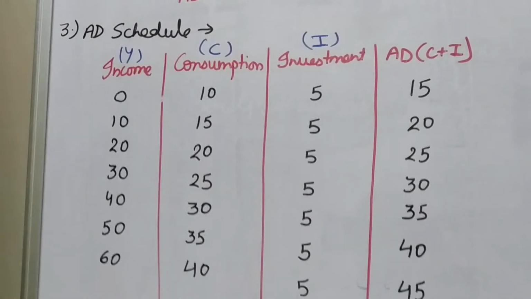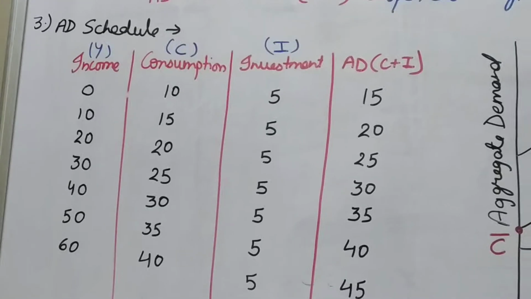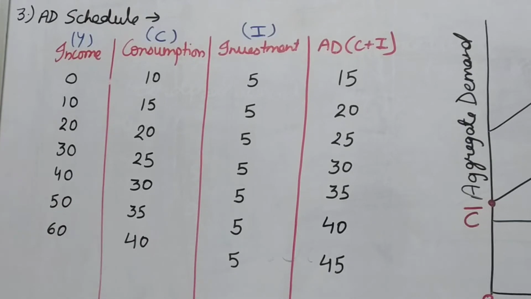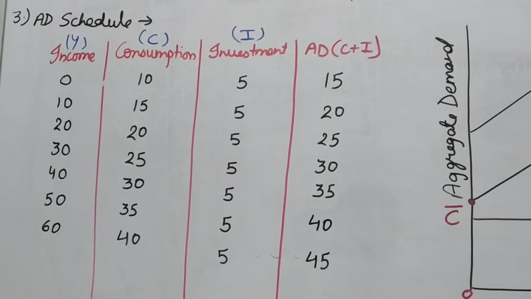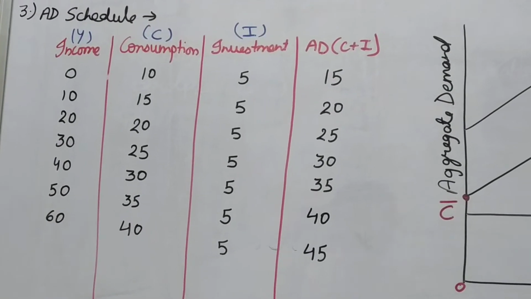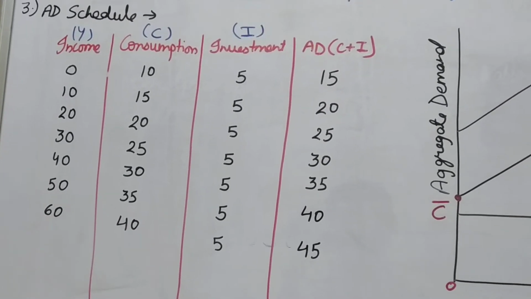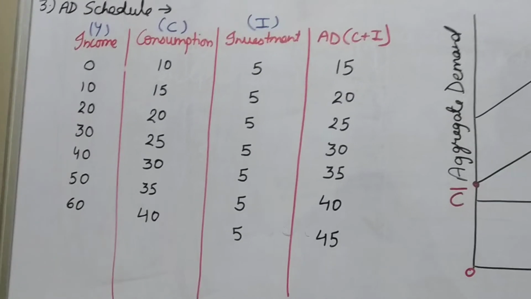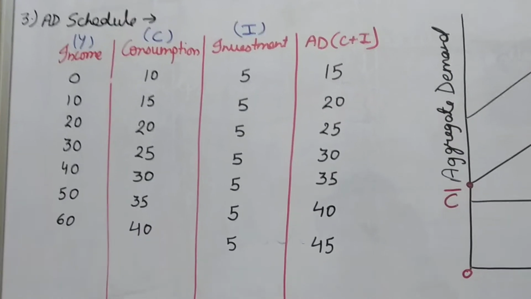See, when the income is 0, at that time you can see 10 units of consumption is there. Is it possible that if income is 0, still the person can do the consumption? The reason is that for survival the person is going to consume, and it is not possible that if income is 0, consumption will be 0 in the economy. Maybe that person will borrow money from someone, or use past savings. So you have to keep some units of consumption always in the schedule.